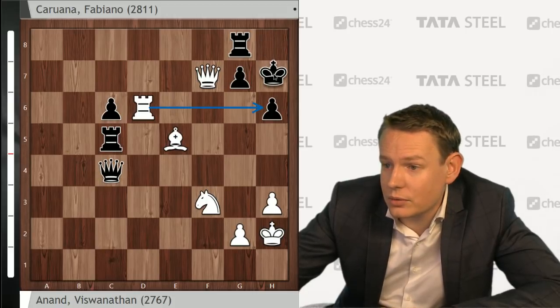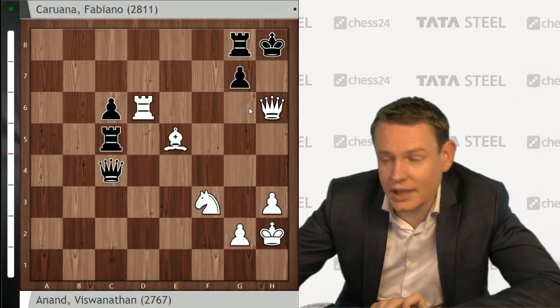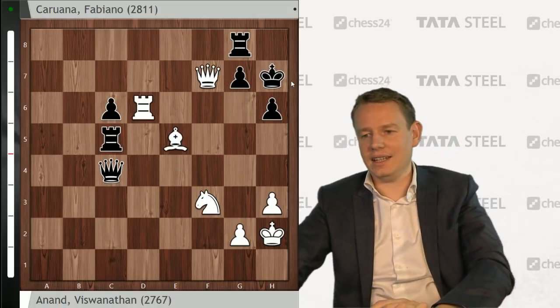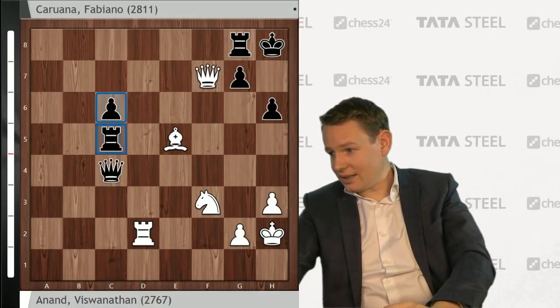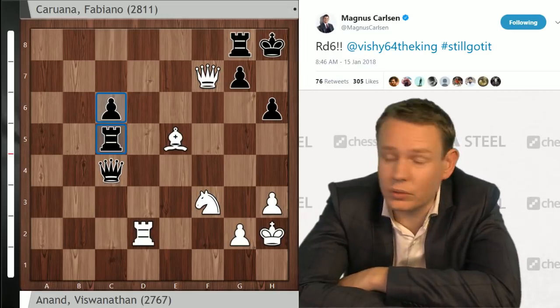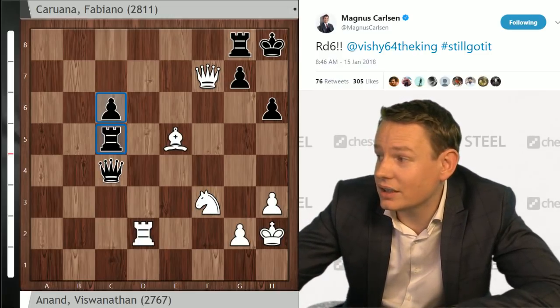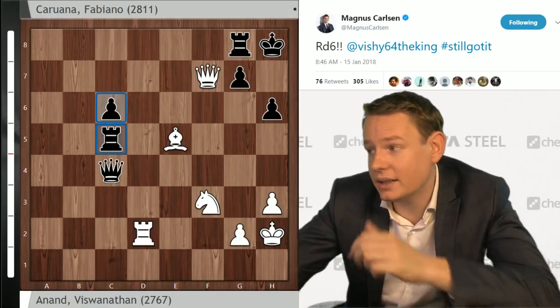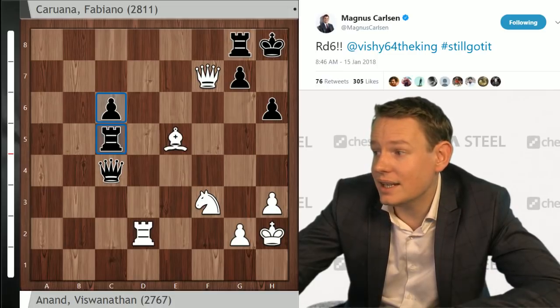And in order to parry that, you would have to play a move like king h7, after which queen g6, king h8, queen h6 does end the game. Magnus Carlsen noticed this move and the whole game and was full of compliments for Vishy Anand, tweeting rook d6 check, double exclam, Vishy64 the king, hashtag still got it. Vishy Anand indeed still got it, winning the World Rapid Championship recently and now jumping into,